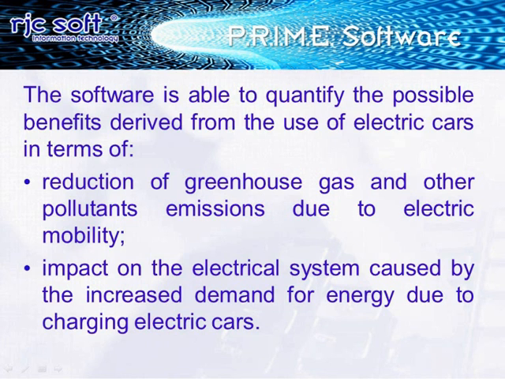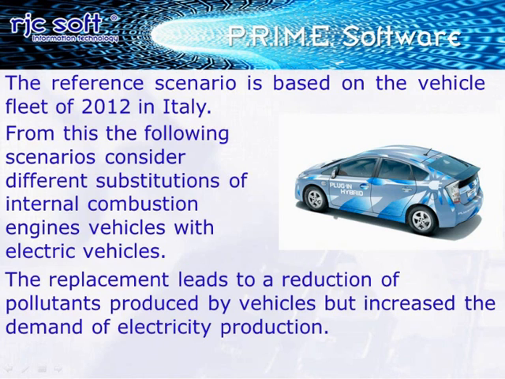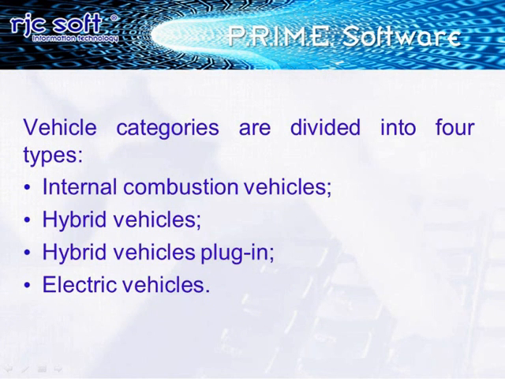The reference scenario is based on the vehicle fleet of 2012 in Italy. From this, the following scenarios consider different substitutions of internal combustion engines with electric vehicles. The replacement leads to a reduction of pollutants produced by vehicles, but at the same time increases the demand of electricity production. For the study of mobility impact, vehicle categories were divided into 4 types: internal combustion vehicles, hybrid vehicles,